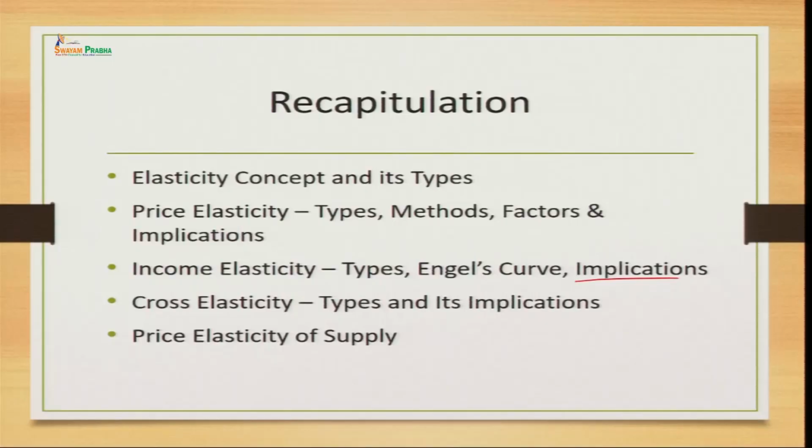And we have also talked about the study made by Ernest Engel, where he has established the relationship between the income and the consumption pattern of different commodities like necessary goods, normal goods and inferior goods. And we have also discussed the implication of income elasticity, how income elasticity will help the firms to find out what impact will take place in the demand of their commodity whenever there is a change taking place at the economic level, whether the economy is growing or the economy is going downward.